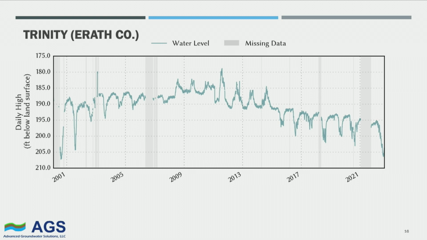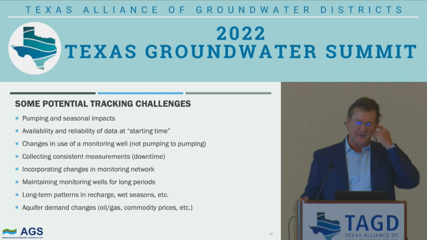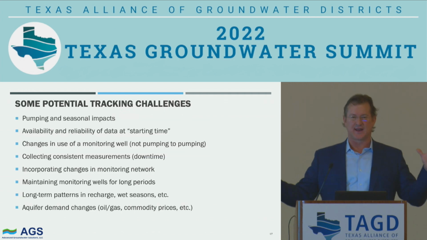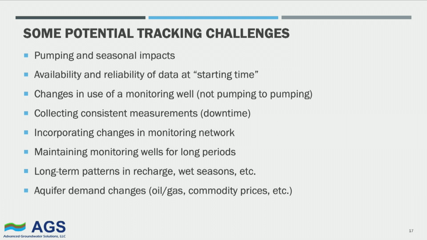And the other thing is that it takes into account the fact that this well may be different than all the other wells in your monitoring network, and you just need to consider how effective and how representative is the data in what I'm presenting. So some of those potential tracking challenges, just to kind of wrap up here. Pumping and seasonal impacts, important to consider availability and reliability of the data at the starting time of when you're supposed to be tracking and enforcing